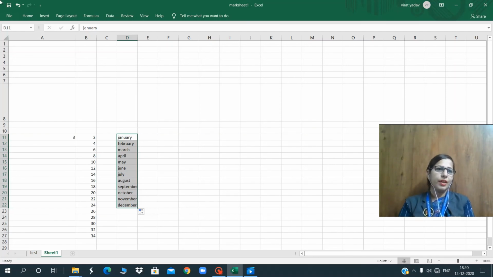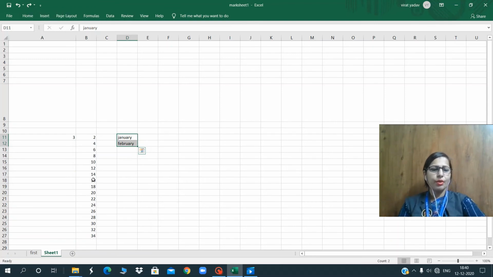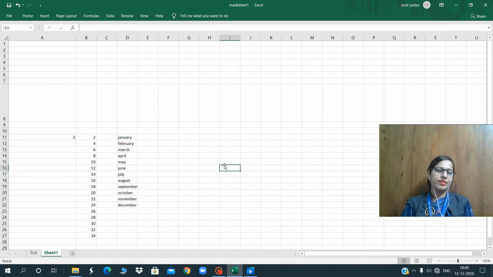Okay, so undo and redo I have already discussed with you, that we can use this, and by pressing Control Z, undo. Okay, and we can do redo by pressing this or by pressing Control Y. That is your shortcut key. This is undo redo, to repeat your last action. We are using these two options. Okay, so next is how we can insert a formula in an Excel sheet.